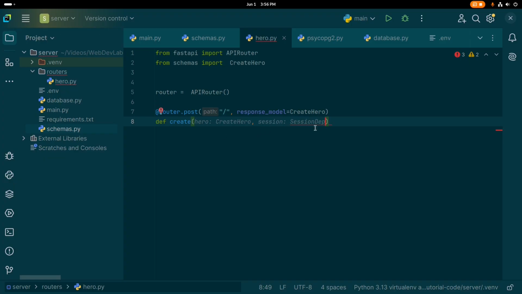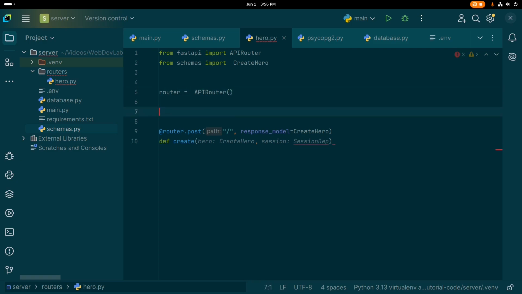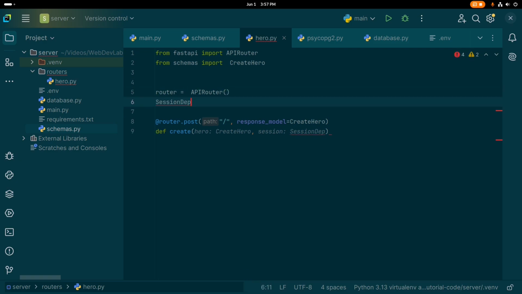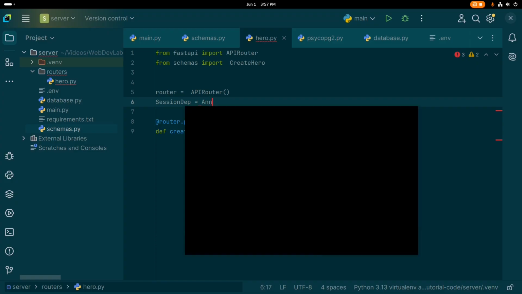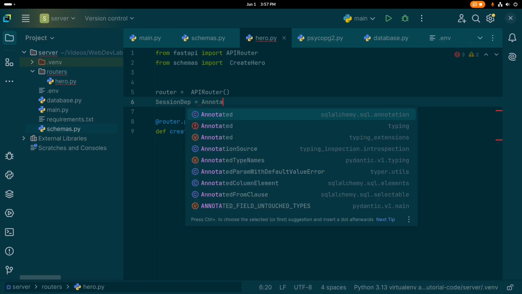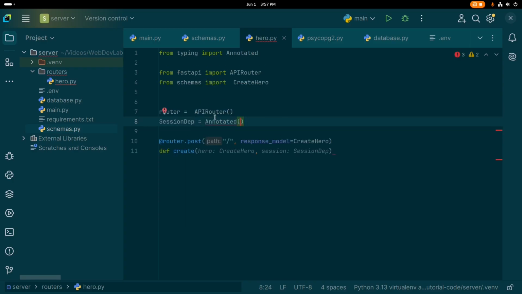Now we need to create a variable. This is actually a type, so we need to create this type. Since we didn't create it, let's create this, and in here let's make it SessionDep is equal to Annotated. Make sure you import this Annotated from typing, not from SQL. Okay, SQL annotation. So I'm going to select typing. In Annotated, in here you need to put Session, comma,